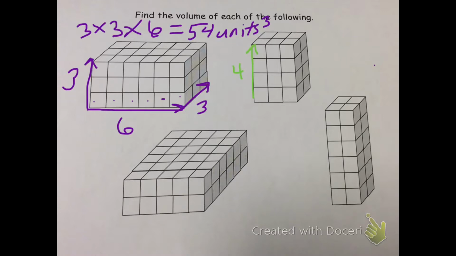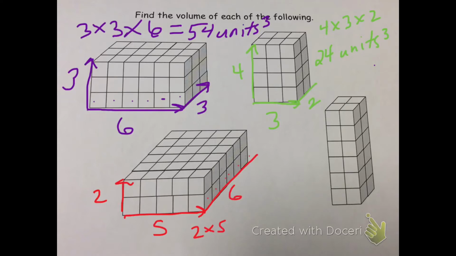Moving on to our next one here, we have 4 units high, 3 wide, and 2 in length. 4 times 3 is 12, times 2 gives us 24 units cubed. In our next rectangular prism, it is 2 high by 5 wide, and its length is 1, 2, 3, 4, 5, 6. When multiplying those together, we get 2 times 5 times 6 equals 60